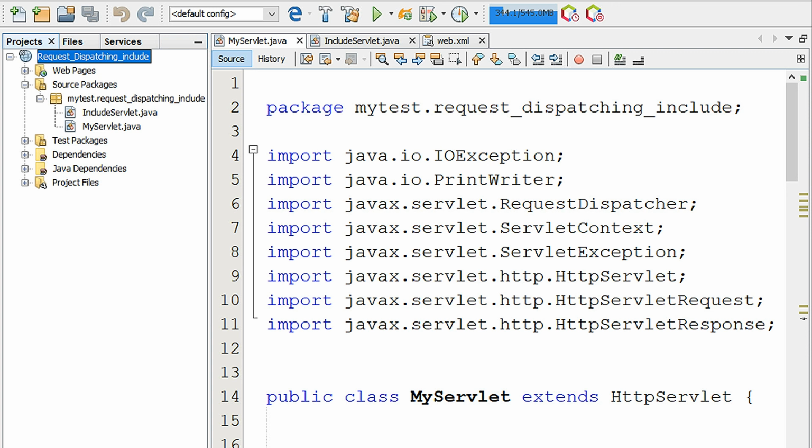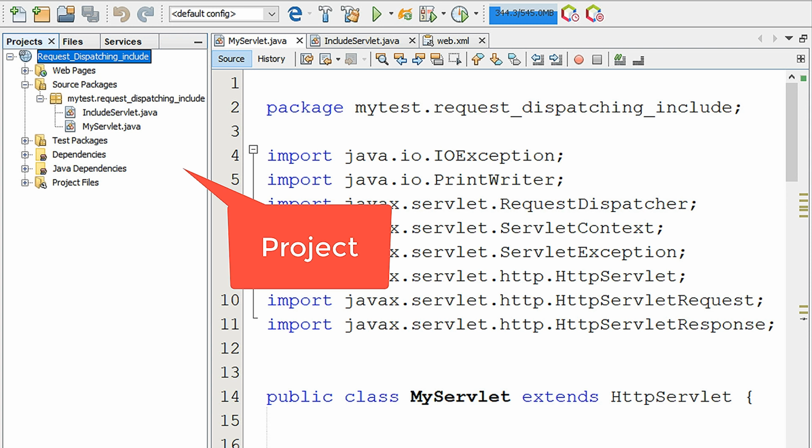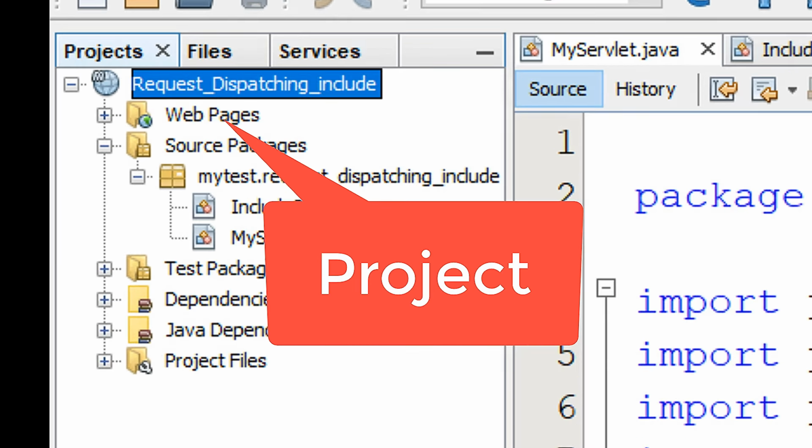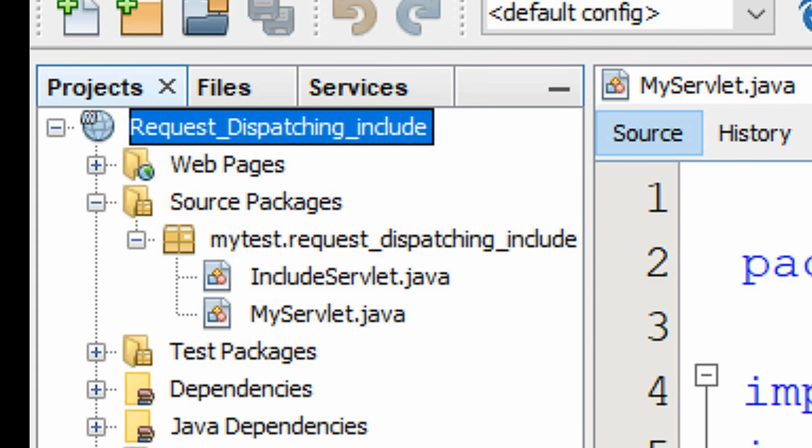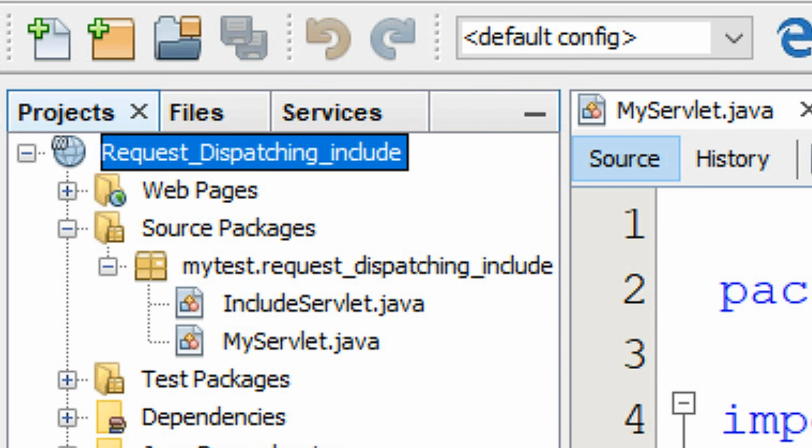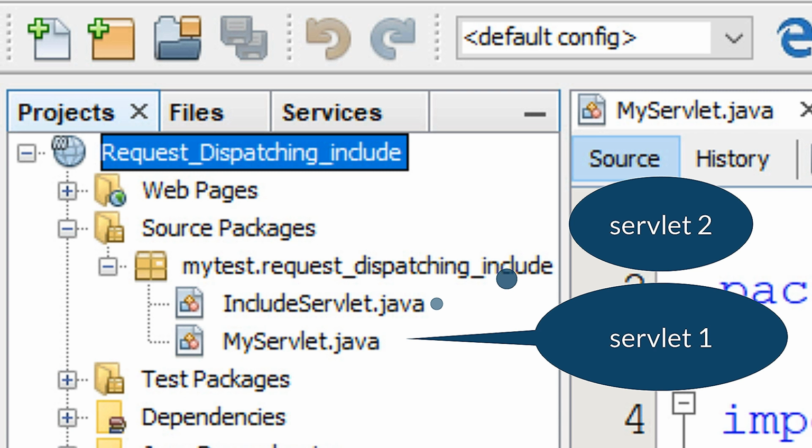Let us explain it by project. Here we create a project, request dispatching include. This project contains two servlets, my servlet and include servlet. In my servlet,